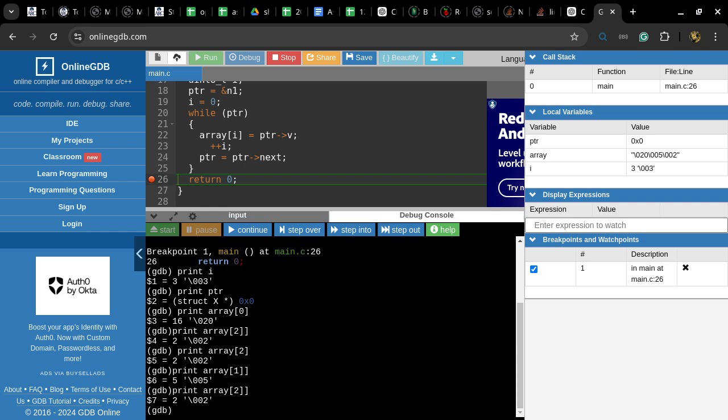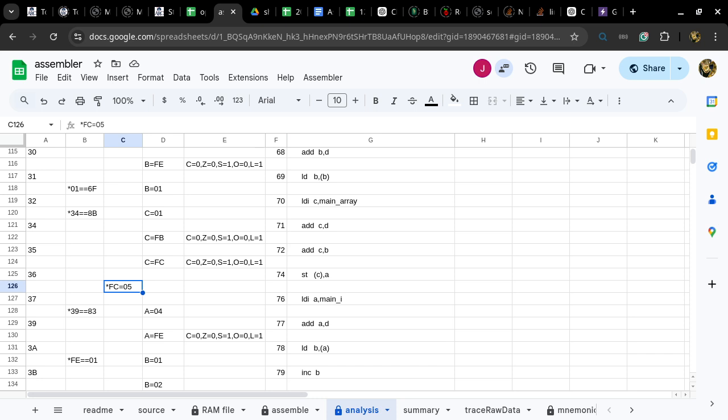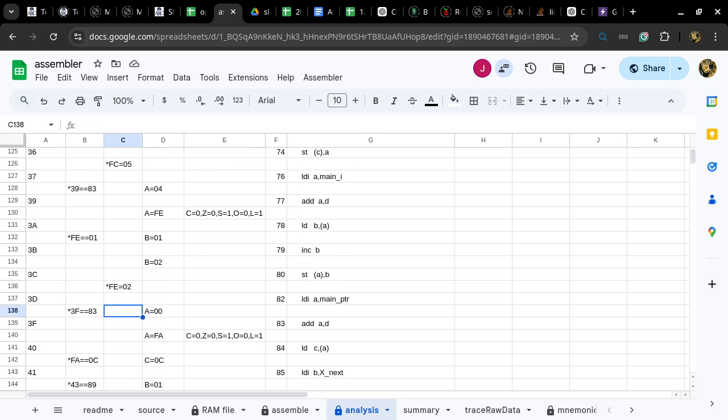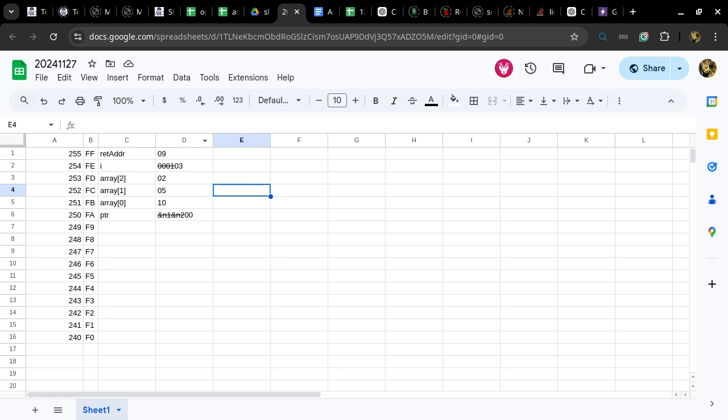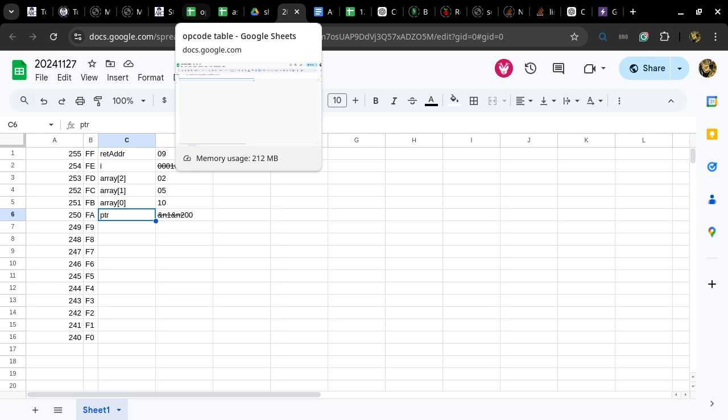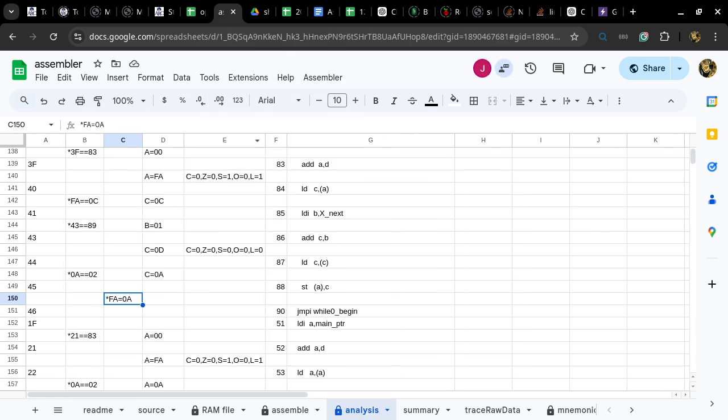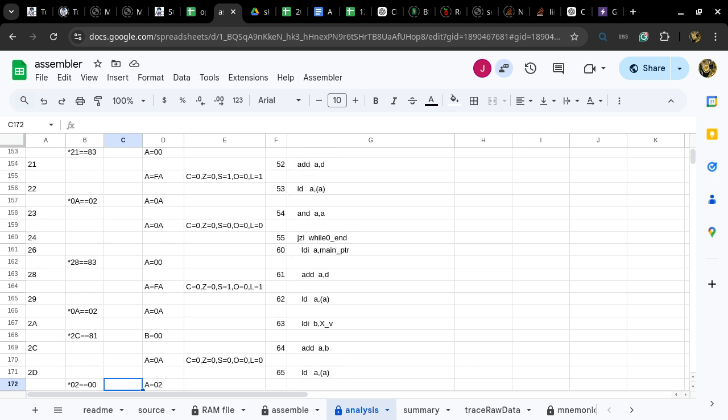You will see it actually, okay? So keep that thought in your mind. We'll actually see it. If we keep tracking this, keep scrolling down, this is a variable I, it becomes 0, 2, in the second iteration, and we see that FA becomes 0A. So what does that mean? FA is PTR, and becoming 0A means it is now the address of N3. So you are correct that it did update to the address of N3, but this is not the end of the trace. Because when the trace keeps going,